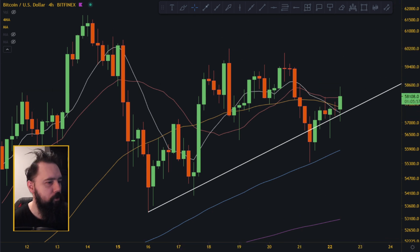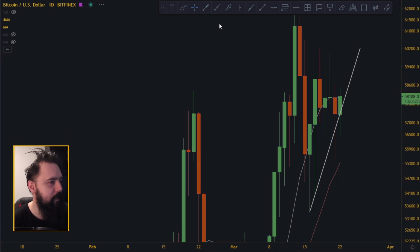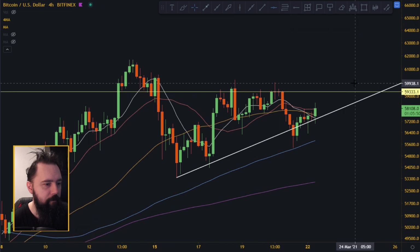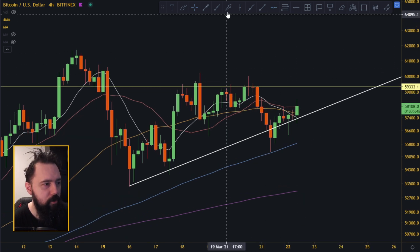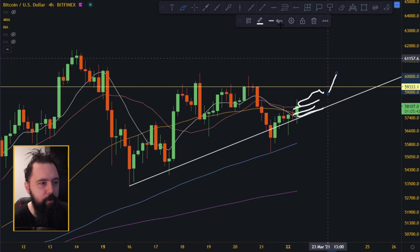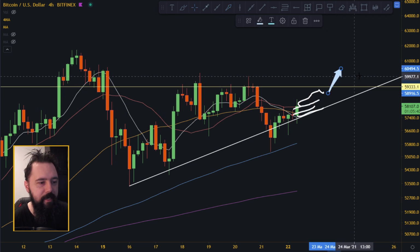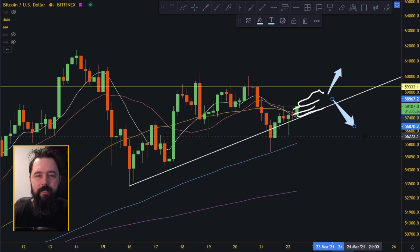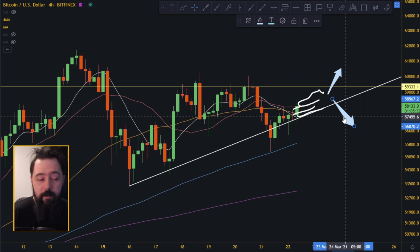So what I want you to take away from this is watching the 4-hourly line, watching this line over here, and watching the price. As long as the price, when it starts going up, keeps above the moving averages, the probability to break on the upside is really, really huge, and the probability to break on the downside is very small. So we are dealing with probabilities. We can break on the downside, so always